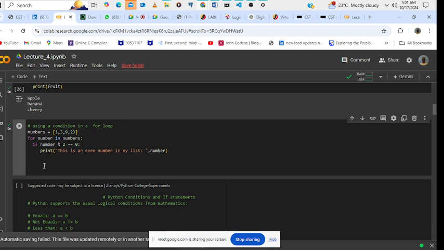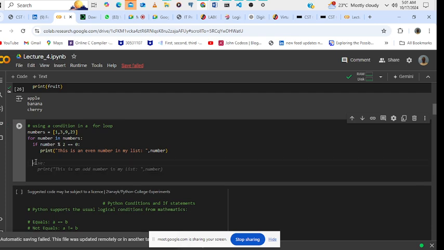So for us to get an output, we can now add the else part, so that if we don't get an even number, we have at least an output, a statement that can tell us that there is no even number